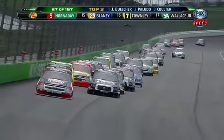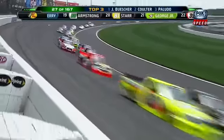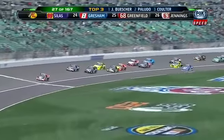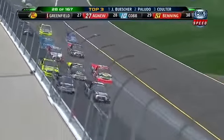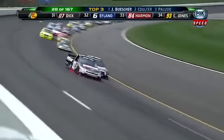That's good racing there. Race for second, Joey Coulter and Miguel Paludo. Paludo now has a little bit of an advantage as they cross the stripe, but that inside line working out a little bit better for Joey Coulter. Good to see Joey Coulter run well here. He hasn't quite had the start of the season that we... Oh, real loose. He got hit. Very close. Coulter got into the side of Paludo off turn 2, and they were both able to hang on to it, but look at all the ground Paludo's...